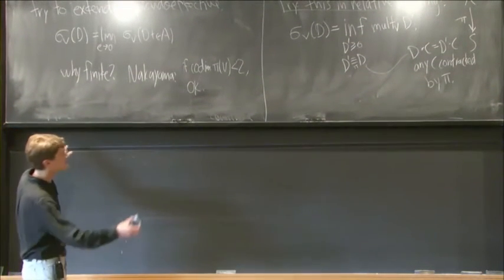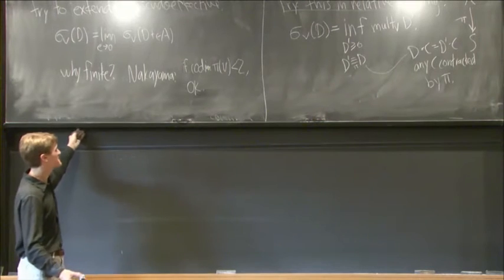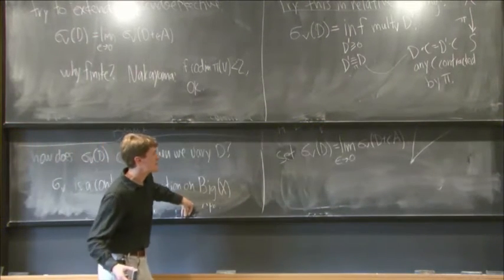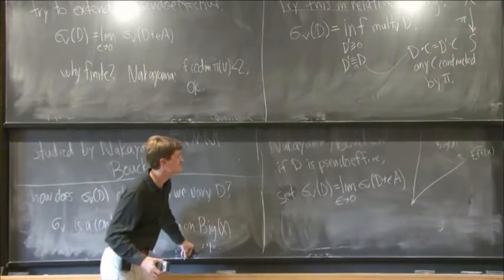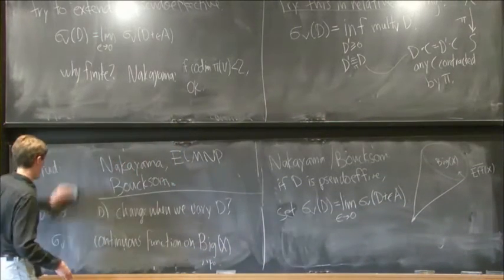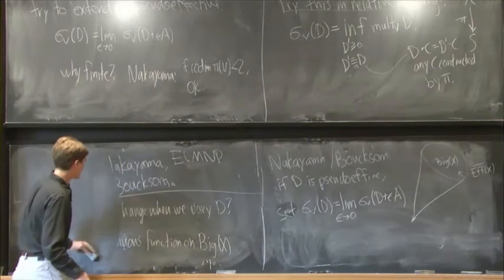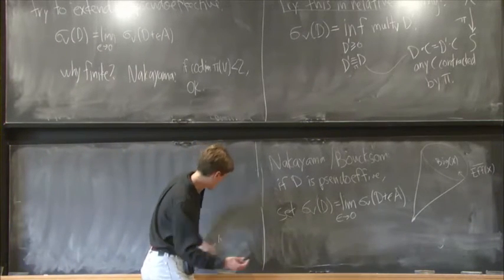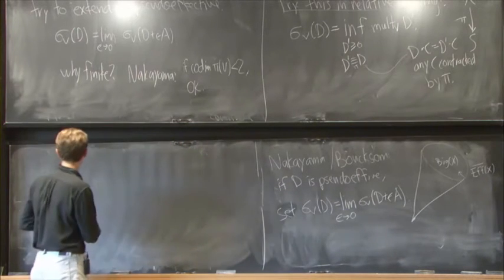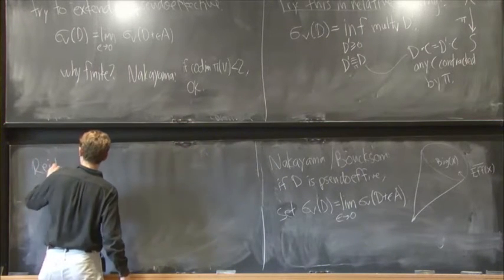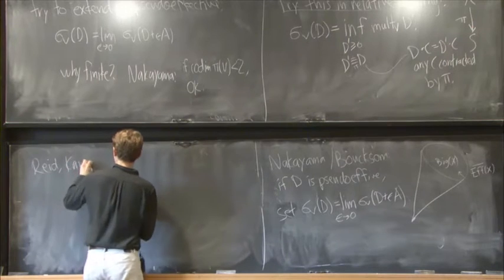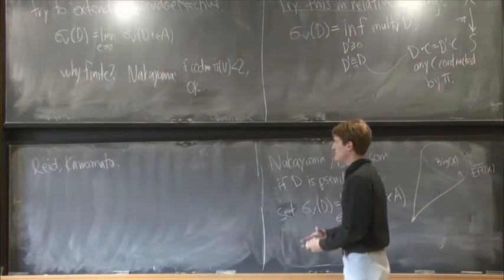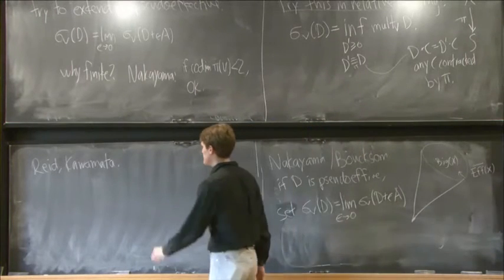OK, so let me tell you the example that shows this doesn't work. And I promise, even if you don't like these invariants, the example itself is pretty cool. Well, I'll let you be the judge. I shouldn't overpromise. So this is an example that I think was first introduced by Reid and has been studied by Kawamata for some related problems. We're going to look at the versal deformation of an I2 singular fiber.